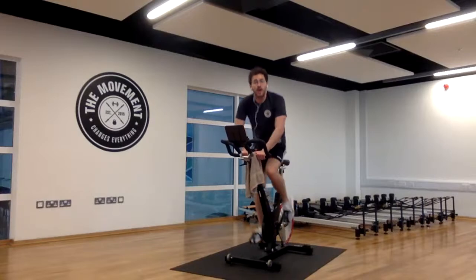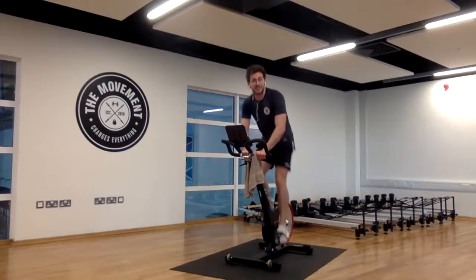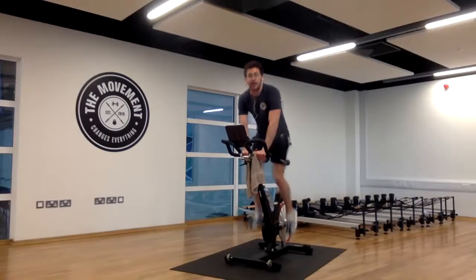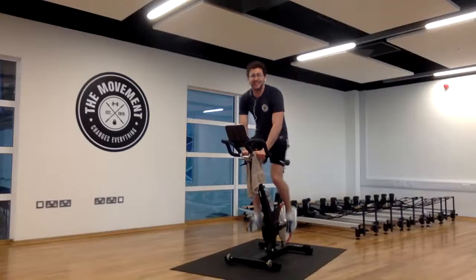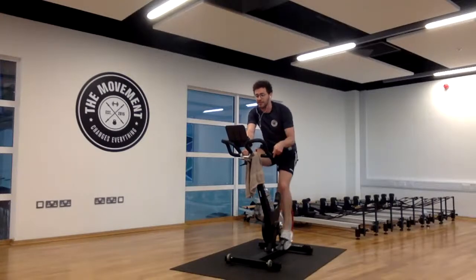We're going to do 40 seconds standing, 10 seconds sitting. If you can only manage 20, 30 seconds standing, that's perfect. Just do as much of the efforts standing as you can. If you need to use the saddle, use it, but make sure 100 RPM is consistent. Hit the saddle. Resistance set so that you can get to 100 RPM, which is the beat of the song